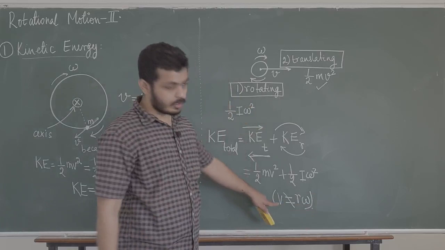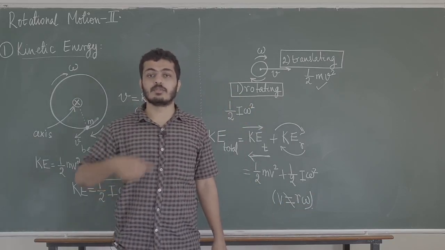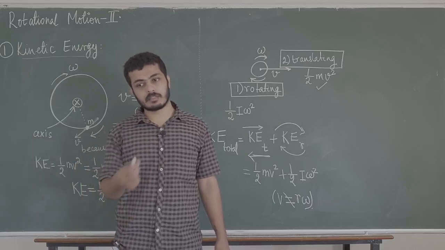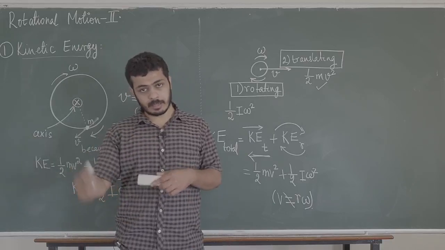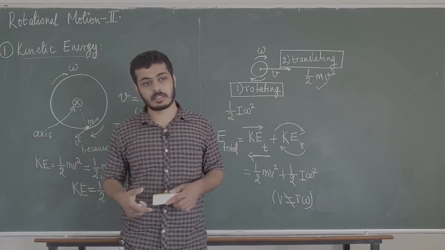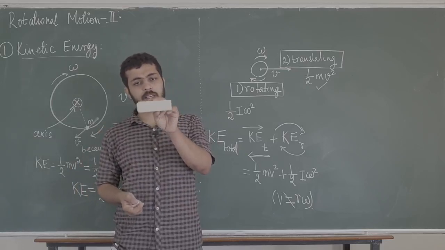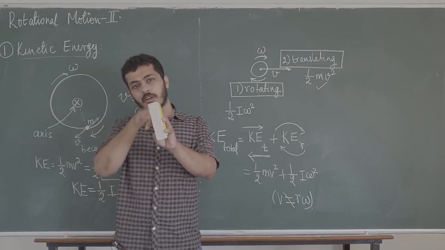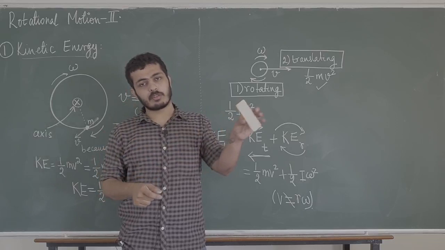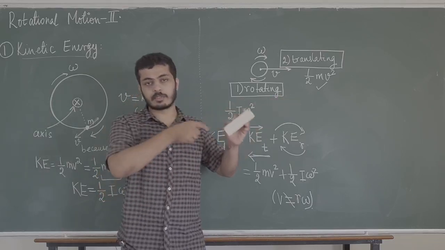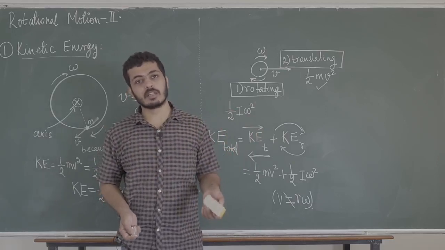You have already studied rolling motion. When is V equal to R omega? V is equal to R omega when something is rolling on the floor, or it is moving in such a way that the amount of straight line motion depends on the amount of rotational motion. That is not always true. For example, in the case of this duster, without moving it I can keep rotating it. So this is purely rotational motion. And in addition to that, I can also move it slowly and keep rotating it. So straight line motion and rotational motion are not normally related. But if you have rolling motion, then they are related.